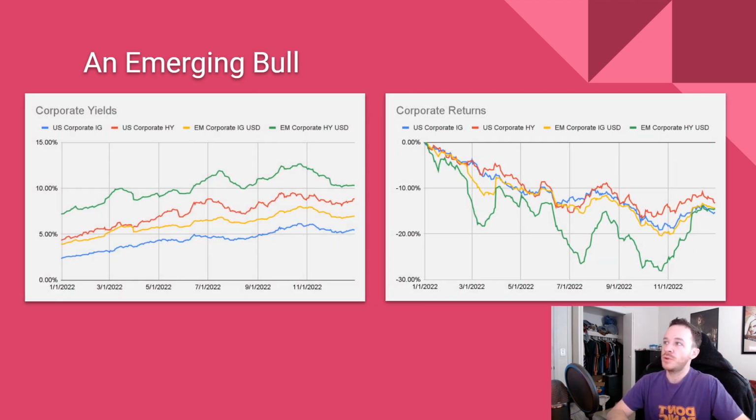Switching over to the corporate bond markets, we can see that the corporate yields have also moved upward pretty dramatically throughout the year, both in investment grade, as well as high yield, emerging market investment grade, as well as emerging market high yield. Obviously a pretty consistent trend upward for each of them, and then the returns for each of them is pretty consistently downward, much in line with the treasury yields, though you can see that at the end of the year, pretty much all four categories end up within only a couple of percentage points of difference,